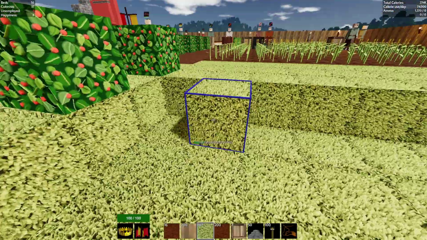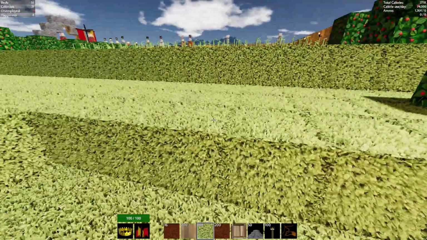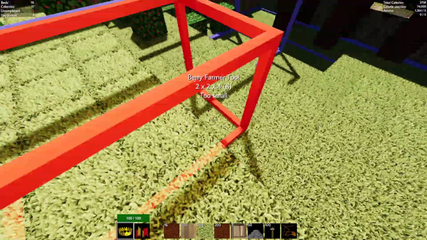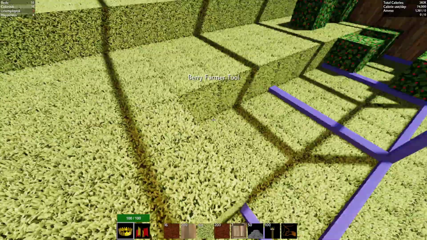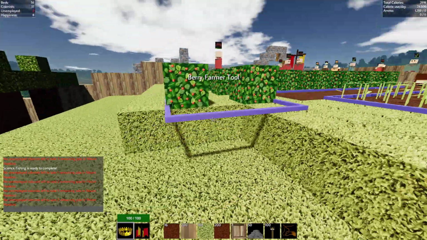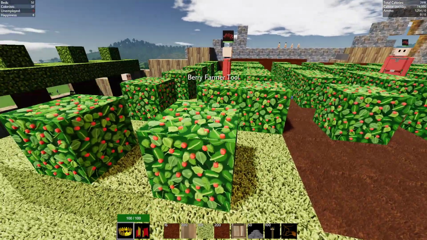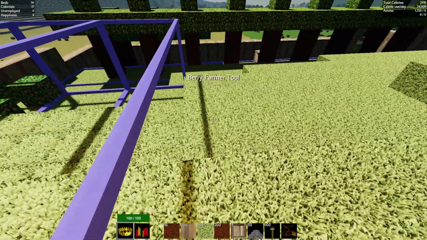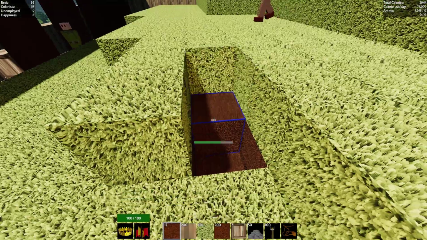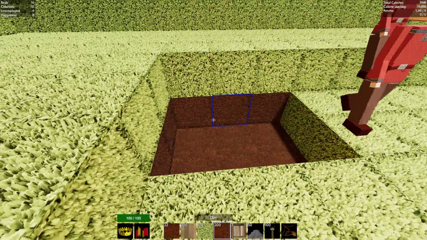There, there, there. Yes, excellent. And then here, same thing. Let's put them in first. Berry farm. And there. So that's 3 of them. Maybe 6, I think. Let's remove that one and remove that one. Then if I go here, and here,